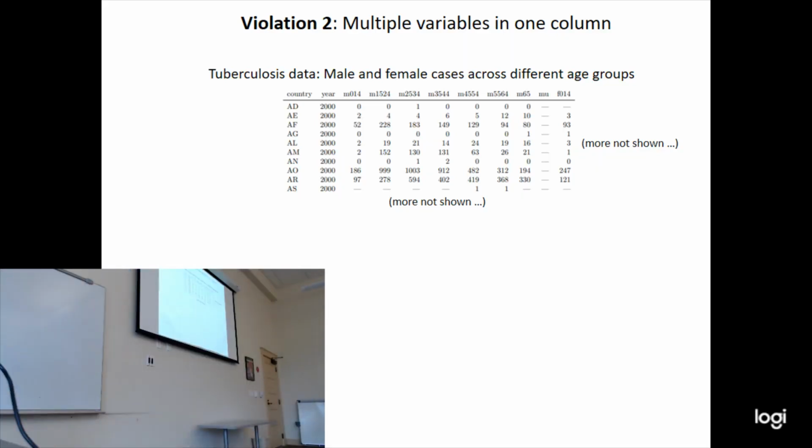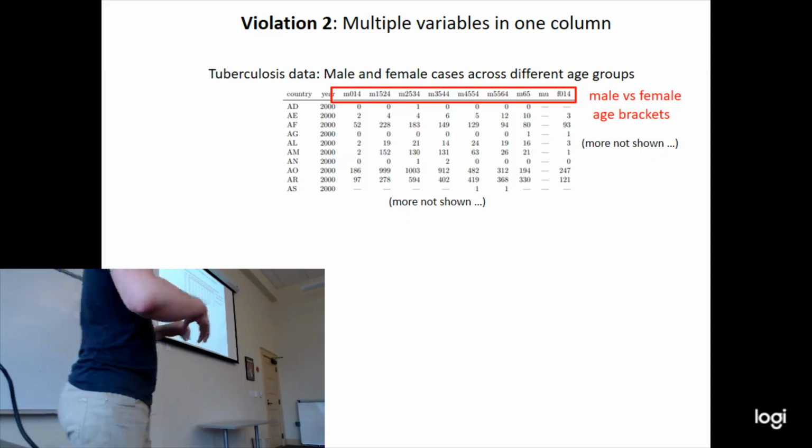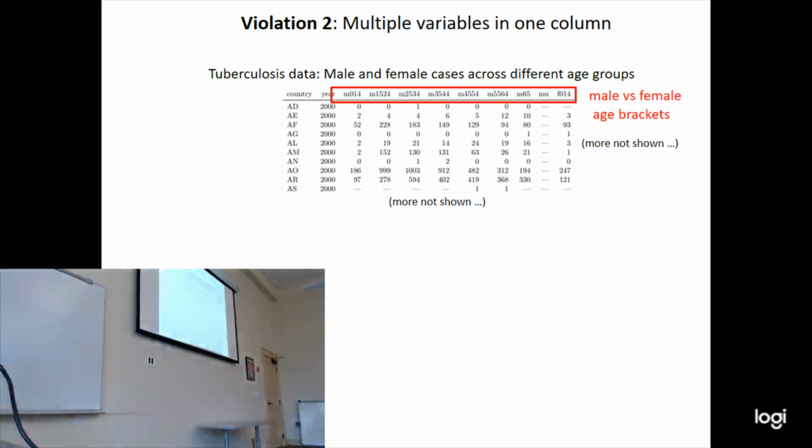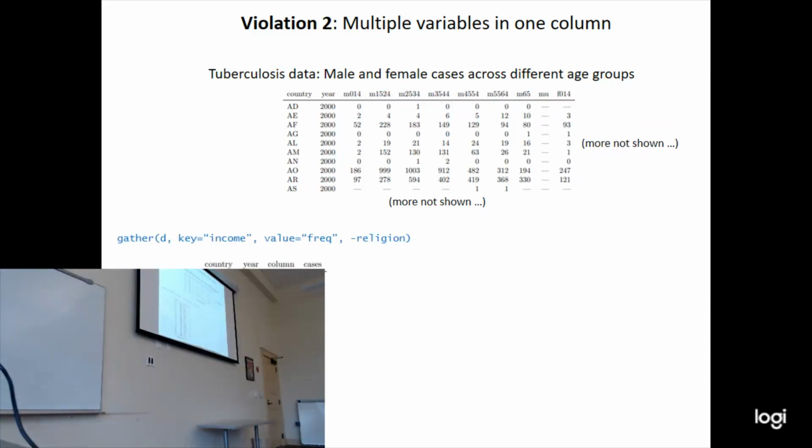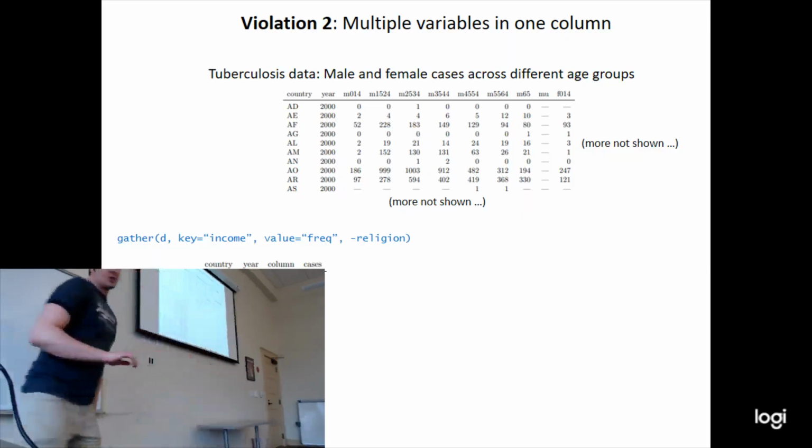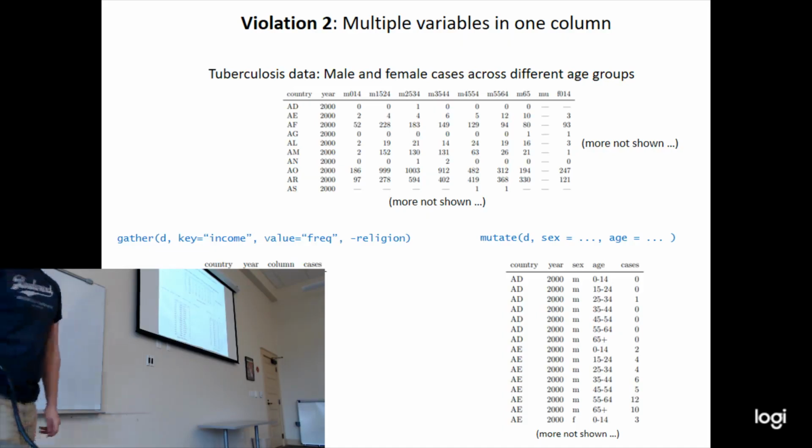So one thing we could do to make it easier to understand is first recognize that we've got these 2 variables smushed up together in the headers. In the first stage, we do this gathering process, where we get all of those column headers together and make a new variable for those column headers. Then our data set gets much longer than it used to be. But this column still represents an aggregation of 2 variables, male versus female cases and different age groups. So after we're done, we also need to